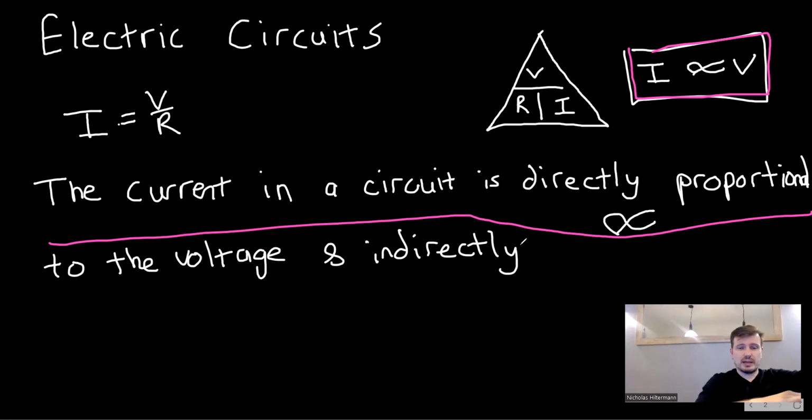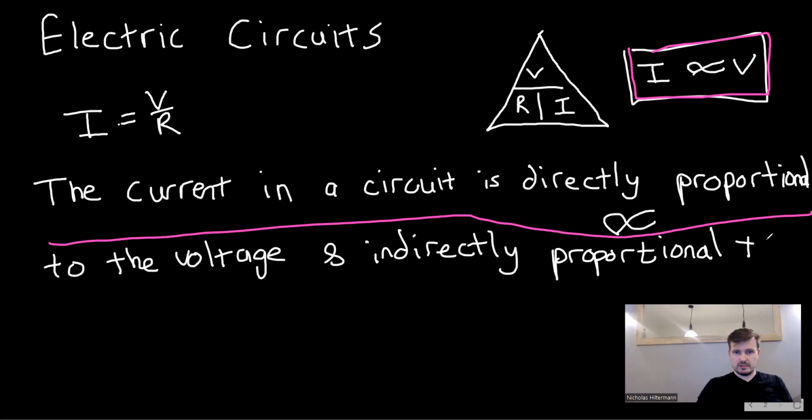I normally start with that because we're running out of time, and I think you probably already know that. Current is the flow of electrons. So if I resist those electrons, so if I increase the resistance, less electrons can flow. So it's directly proportional to the voltage, because I like to think of voltage as the thing that's pushing the current. And so the more voltage, the more current. And then the resistance is the thing that resists it, pushes it away, and so the more resistance, the less current. So it's directly proportional to voltage and indirectly proportional